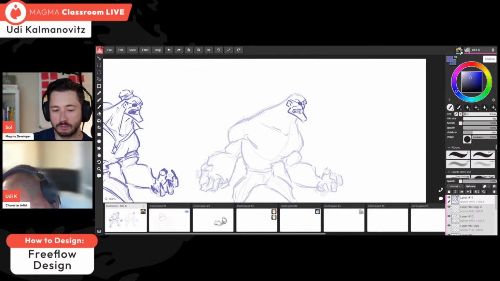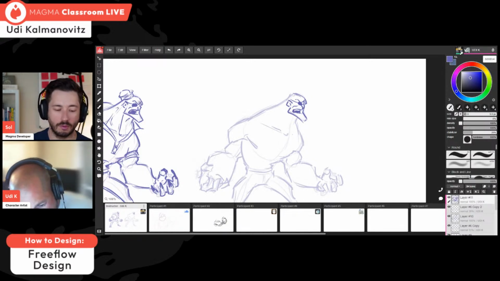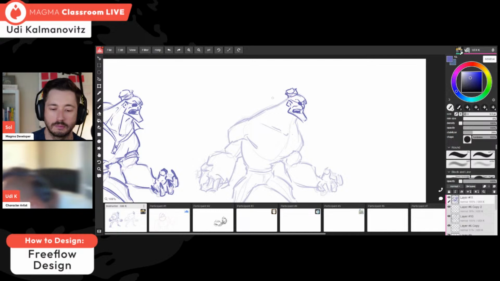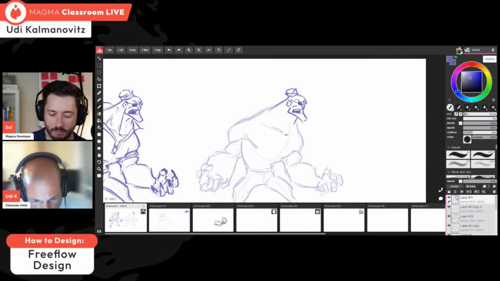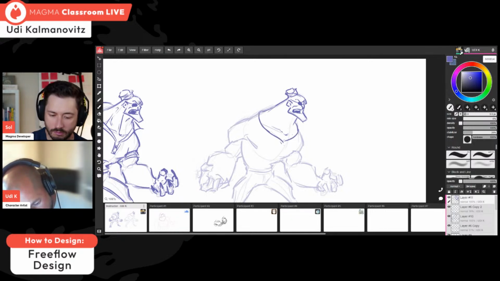I really want his teeth to be evident, and I like the small head. I will actually make it smaller. But I'm thinking really, really